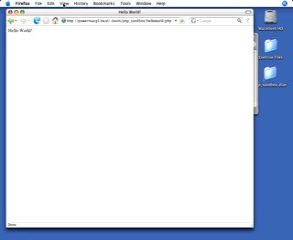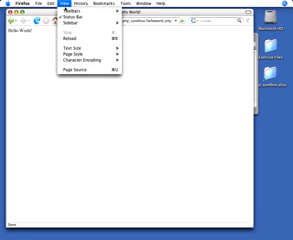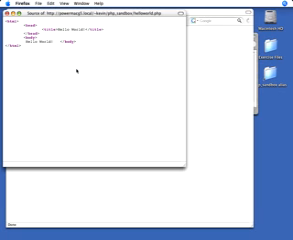And let's actually view our source code here. We can go to the view source, page source from the view menu. And you'll see that we have the HTML, head, title tags, body tags, and everything like that, as well as